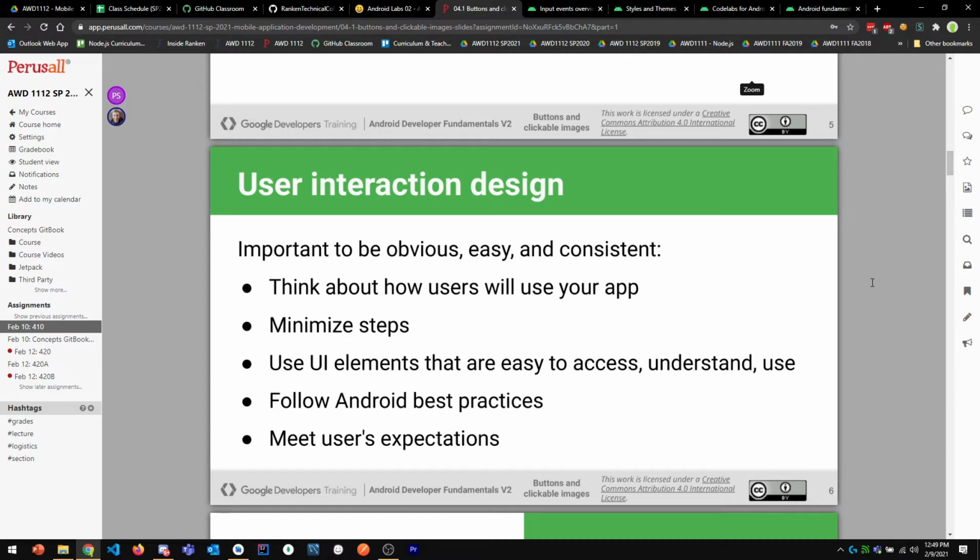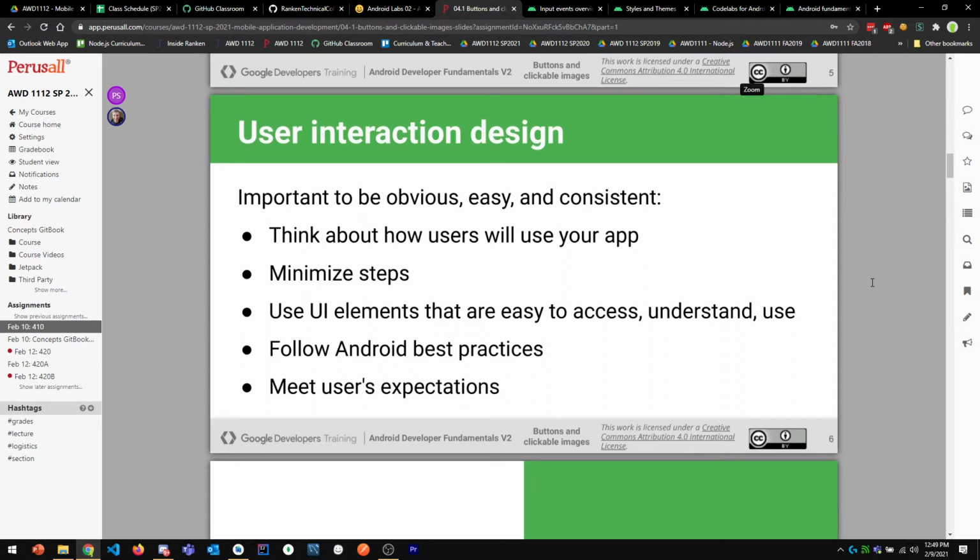So you've got to think about how your UI is arranged and how you can make it more efficient to get things done. The particular UI elements that you use, you want to make sure are easy to access, easy to understand, easy to use. There are a lot of Android best practices for how to do that, and you really should pay attention to that,